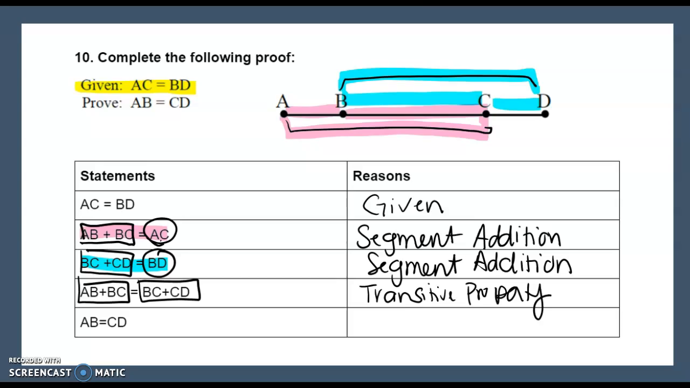And then the only thing that changes from this step to this one is I lose those BCs. Since they're on both sides, if I subtract BC from both sides, I will end up with what I was trying to prove, that AB and CD